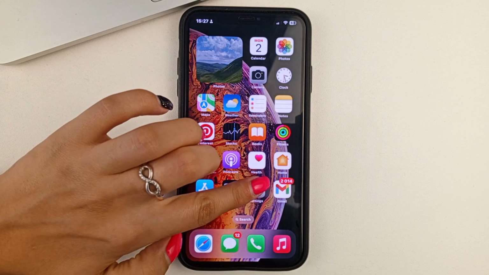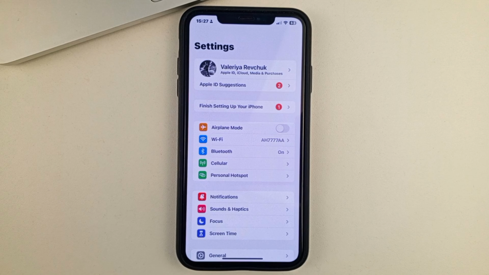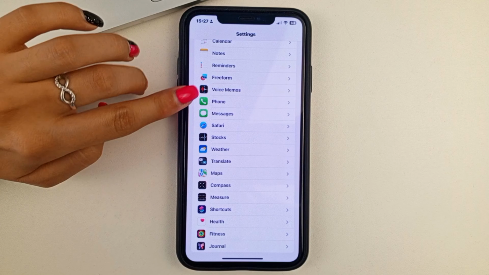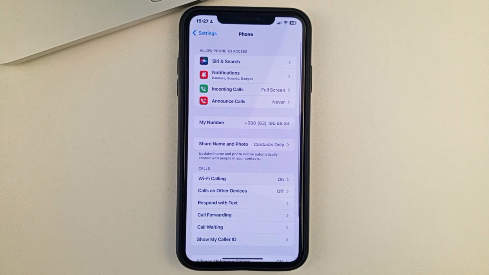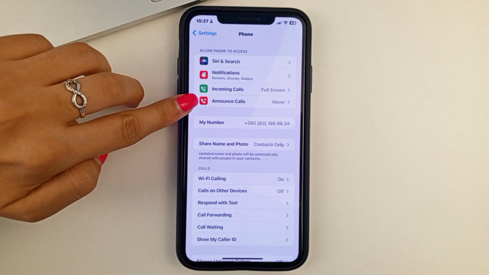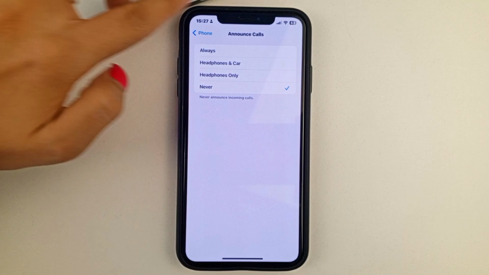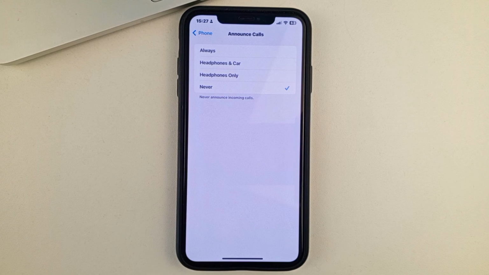To do this, friends, please go to the settings on your iPhone, and then scroll down and find your phone. Friends, here you will need to select Call Announcement. And when you go to this option, you'll see a few options here. And it always defaults to the default setting like I have right now, Never.